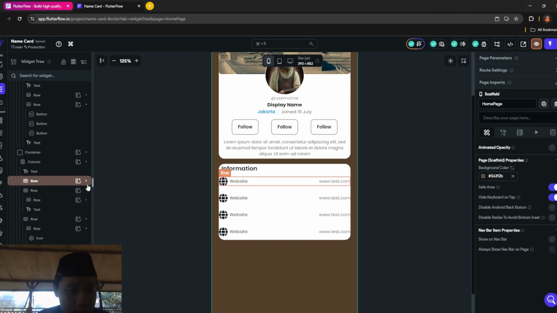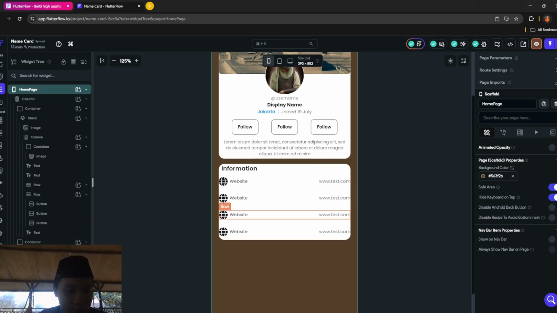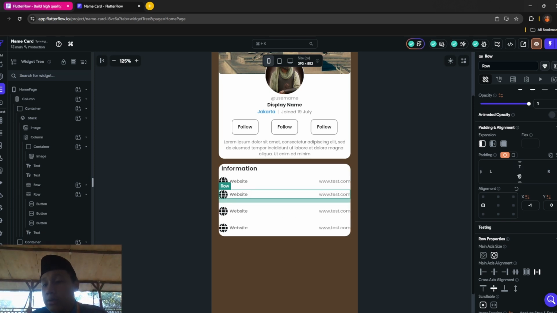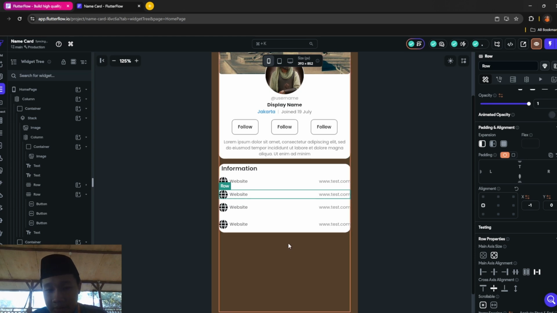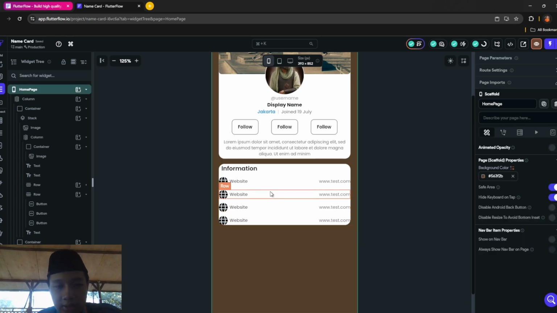Okay, it should be like 4 rows like this. For the 2 and 4, you want to delete the paddings, but for 3 it's okay, don't delete it. For 4, it should look like this.